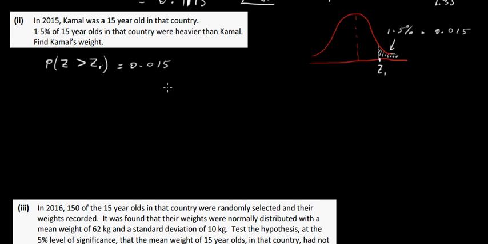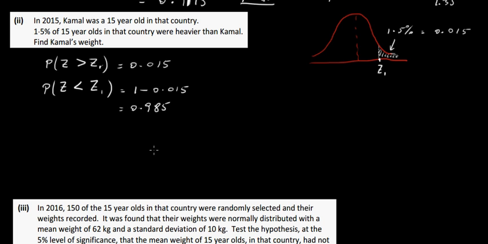So what I'm going to do is look at less than z1. So the probability of being greater than z1 is going to be 1 minus the probability of being less than z1. So it's going to be 1 minus 0.015, and that's just